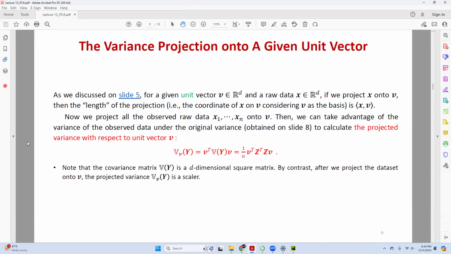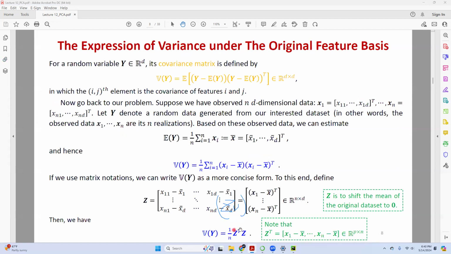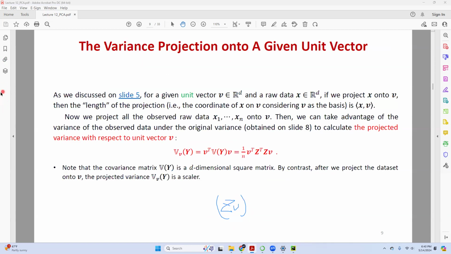I'd rather directly use my hand to write it. You can directly consider it as before we have the z, right? So remember, here we have z. You just replace this zt with zvt. In other words, you replace z with zv, and also zv.